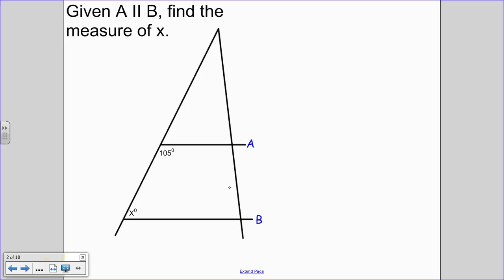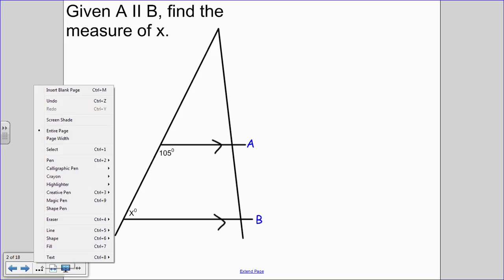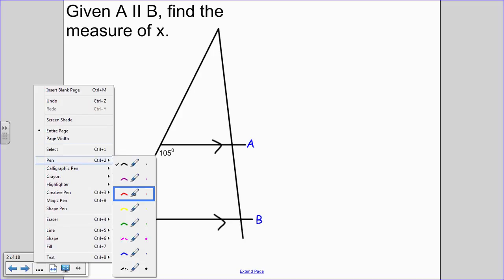Alrighty. On this next problem, it says that A is parallel to B again, so I might want to mark it on the picture so we don't forget. It wants us to find the measure of angle x, or find the measure of x, sorry. X represents an angle,